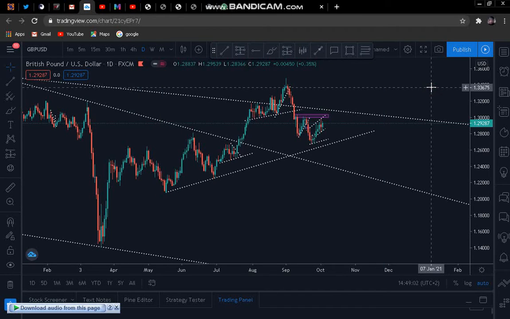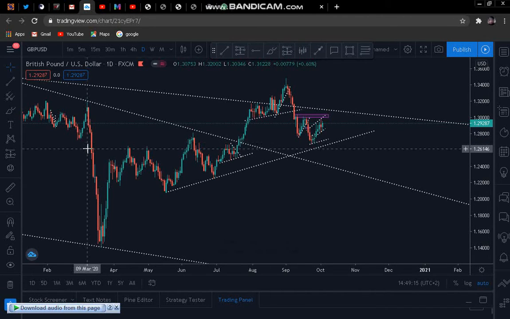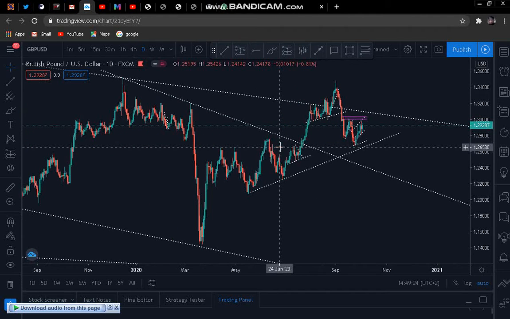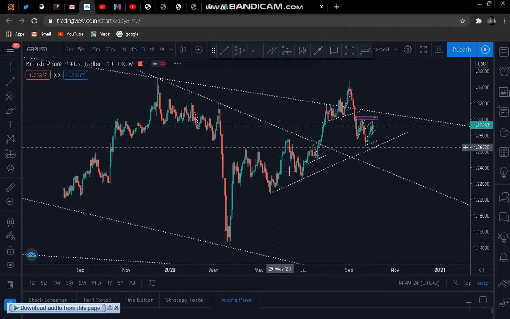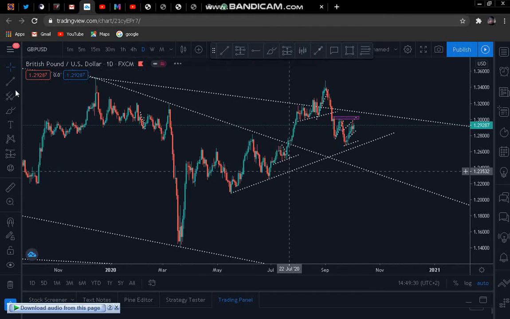Okay, so now looking at our GBPs, as usual. As I've been saying, GBP is more bearish than bullish, so we are looking for the sells, for the bearish movements. And if you look at the structure here, right? If you look at this structure here,